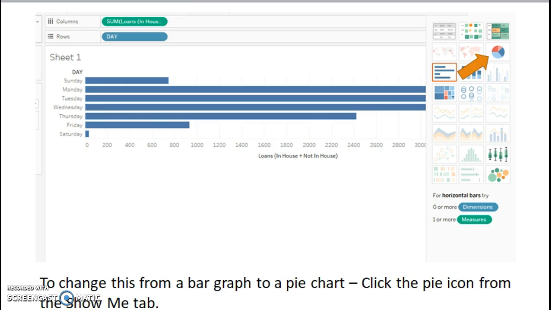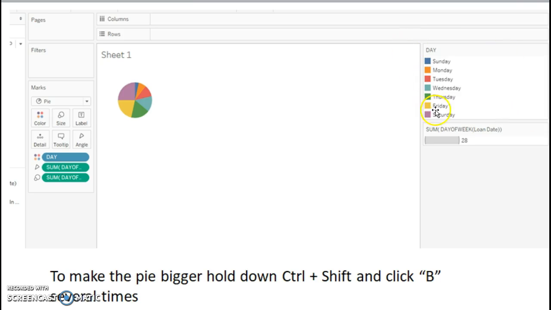Alright, so let's say you want to change your bar graph to a pie chart. Then what you're going to do is you just click your pie icon from the Show Me tab. And then let's hide the Show Me tab, because underneath that you can see what the category labels look like. And they look just like this. And your pie chart is going to be really, really small. So to make the pie chart bigger by trying to grab the borders is just virtually impossible. So the better, easier way is to hold down Control and the Shift key and then click the letter B a bunch of times on your keyboard,